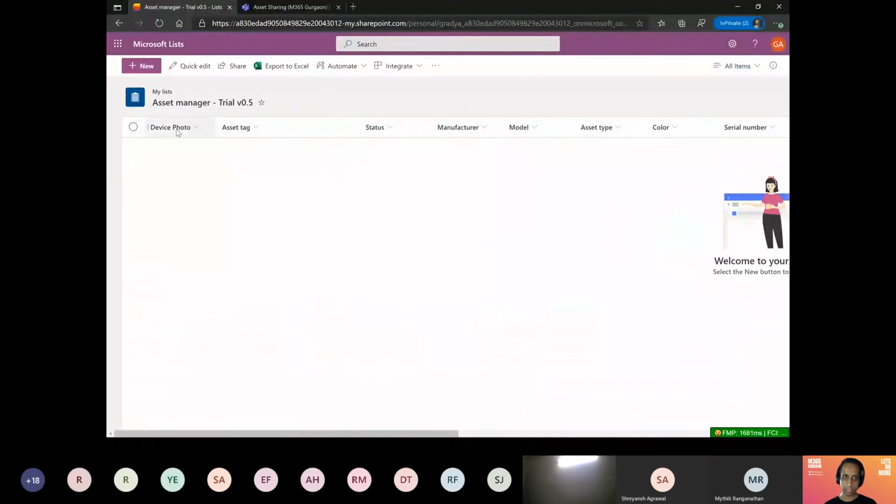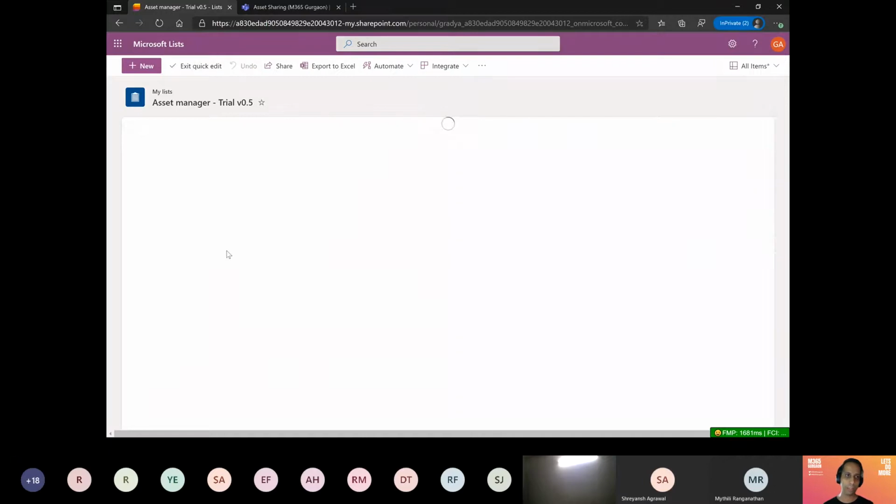Title is kind of the asset tag, then status, manufacturer, model. So this is kind of the same schema. The purpose here is for a team, if they have a set of devices that they would like to share and manage easily and see who is assigned which device and when the other person needs to give it back. So it can be easily managed. That is the scenario here.